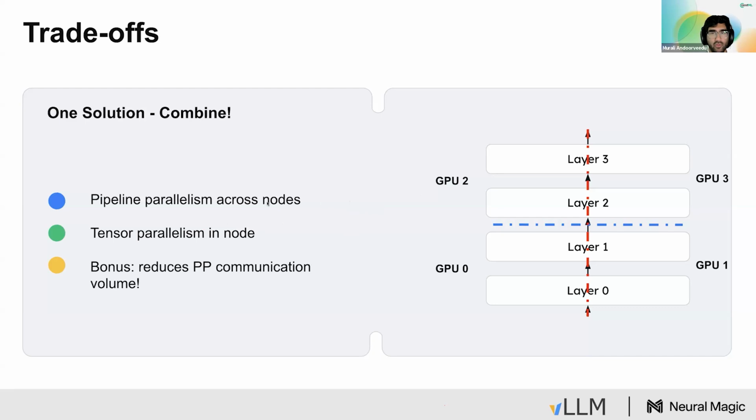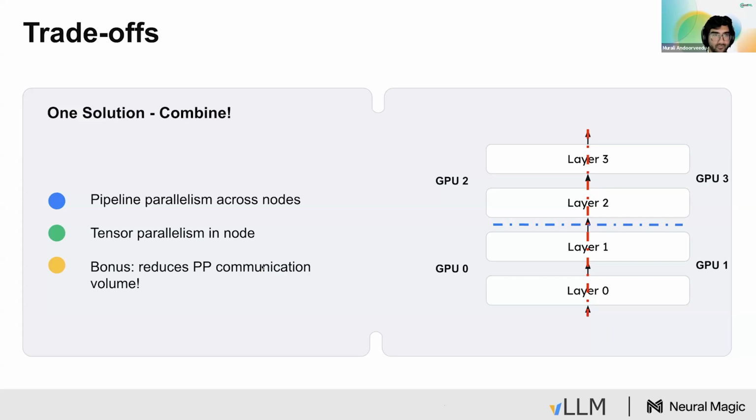And one thing that we can also do is combine these techniques together. Like I mentioned, these both operate along different axes. And so what you can do is use pipeline parallelism potentially across nodes, and then tensor parallelism within a node. Although this isn't a hard and fast rule, as I mentioned previously, sometimes you'd want to use pipeline parallelism even within a node. In other situations, your communication is so good that potentially you can use tensor parallelism across